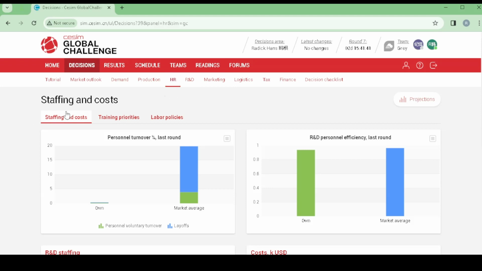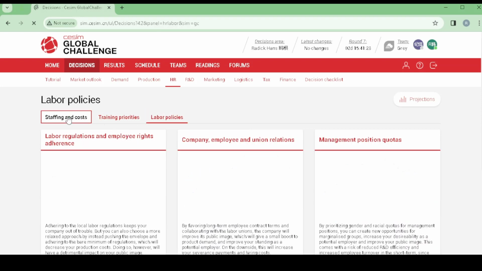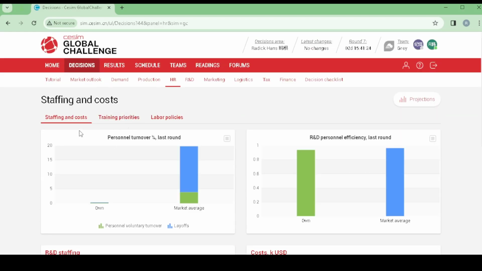So, first things first, HR simply is human resources. And under HR, we have to go through staffing and course. The first part is the staffing and course, the second part is the training priorities, and then we have the labor policies. So we shall start with the first one, which is the staffing and course. And under staffing and course, we are going to encounter two